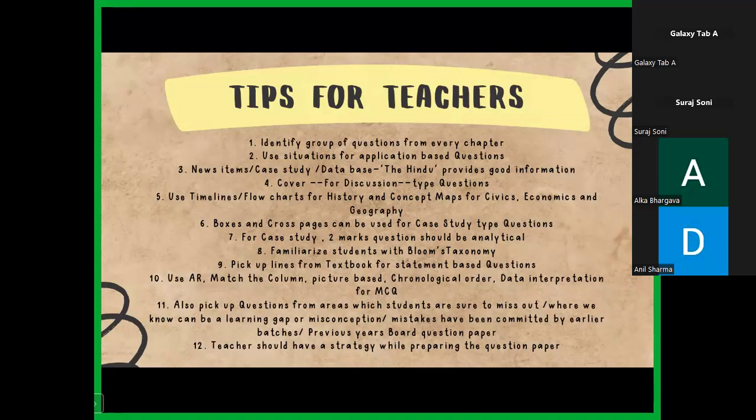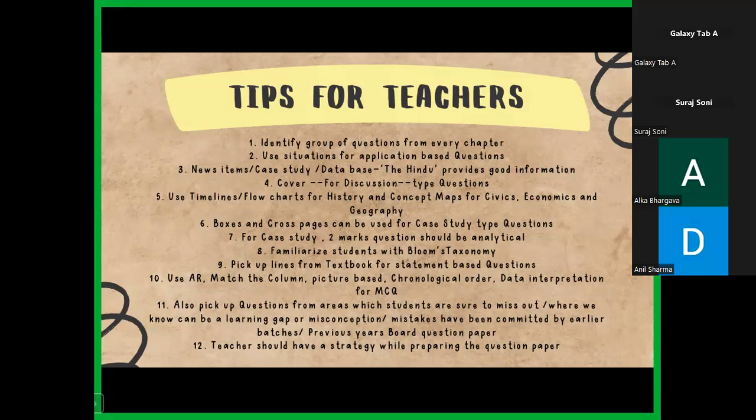the magnitude of questions is too huge. So it's not that if you identify 4 questions and you give them to students, there will be only questions from those 4 questions. But yes, when I say identify a group of questions from every chapter, that means 4 to 5 questions, or probably 5 to 6 questions, which in some way are covering the most important topics, or as we talked about, the topics of enduring understanding for the students.